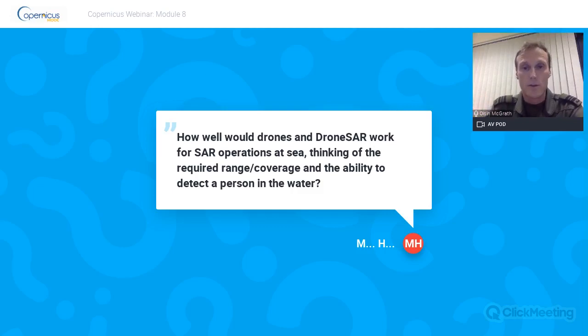Where you'll run into trouble here will be that the link to the command and control unit is using a 3 or 4G network, unless you have access to a SATCOM. Again, that's expensive. That's a limiting factor at sea because you're outside mobile coverage. The ability to detect the person in the water is down to the pilot. Obviously, field of view of the camera is an issue, and search area will be small.